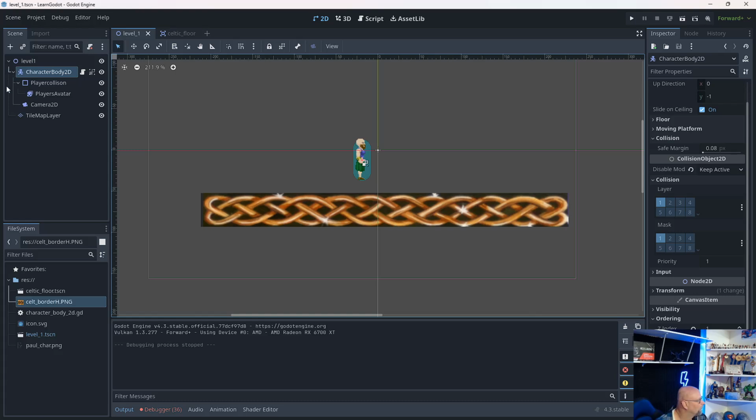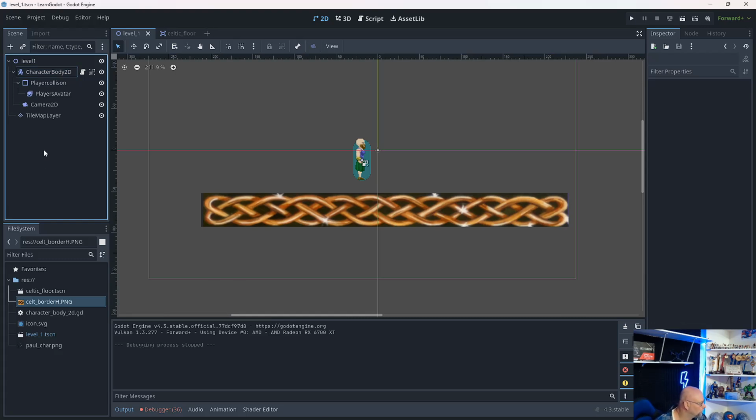Then coming down from the character body, I also have a 2D camera attached, and separately, coming down from level 1, I have a tile map. And those are all sitting in this scene. However, because I've saved this scene,